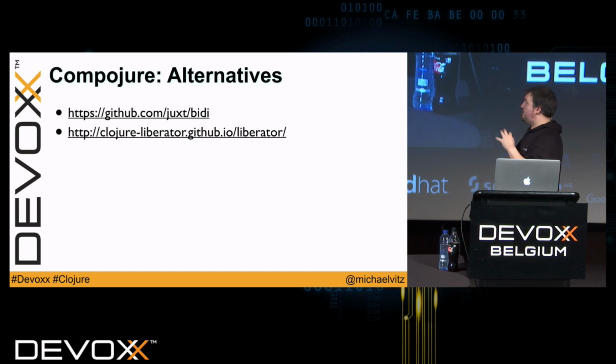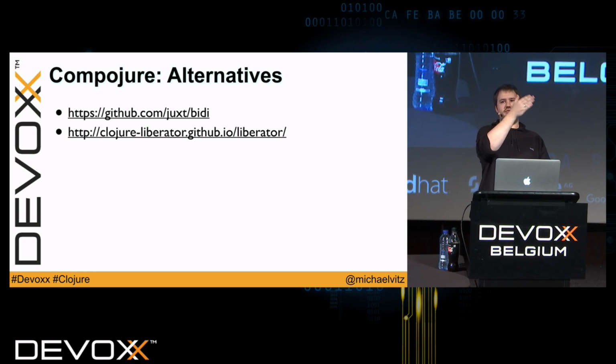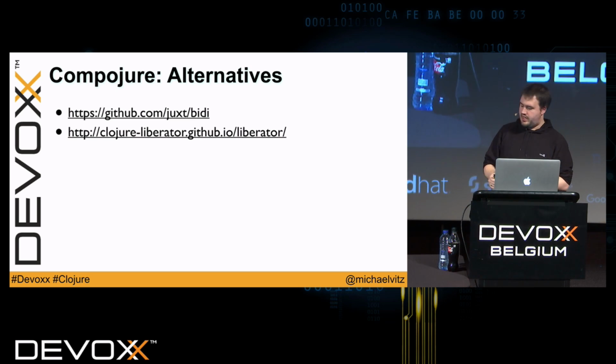As I said, there are alternatives. There's Bidi. Bidi has the advantage that it does reverse routing as well. So the first problem is to route a request to the matching handler, and the second problem is if you want to generate a link, you need reverse routing if you don't want to hard code your URI strings somewhere. So Bidi solves this, and Liberator is